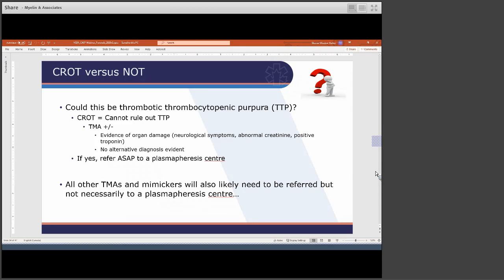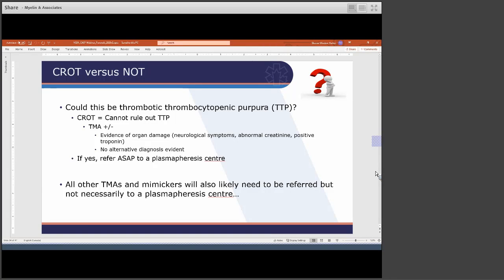And if you cannot rule out TTP, in other words, you have something that looks like thrombotic microangiopathy, and that may be enough in itself, but in addition, you also have some evidence of organ damage, like abnormal creatinine, like neurological symptoms, like a positive troponin that makes no sense. And there are no alternative diagnoses evident, so this patient is not coming in with a known history of disseminated uterine malignancy. She is not known to have leukemia. There's nothing immediately obvious that explains what's happening with her. I think you cannot rule out TTP, and the safest thing to do is to refer a patient like this